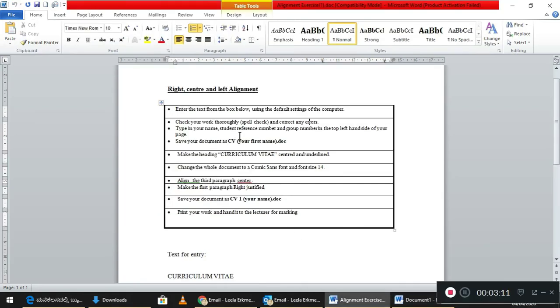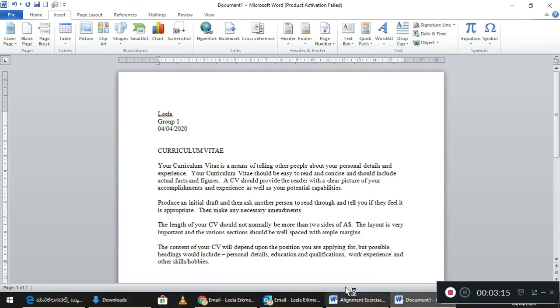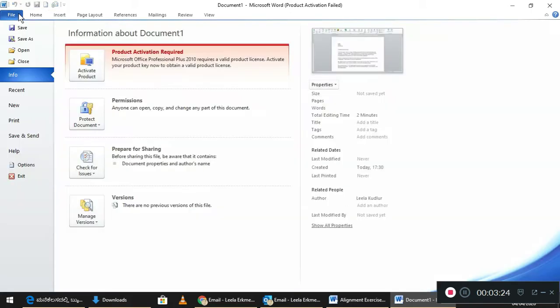Save your document as CV and your first name. Now we have to save the document. If you see here, this is document 1. That means by default it has given the name document 1, but we have to save this work regularly. So I'll click on file, save as,